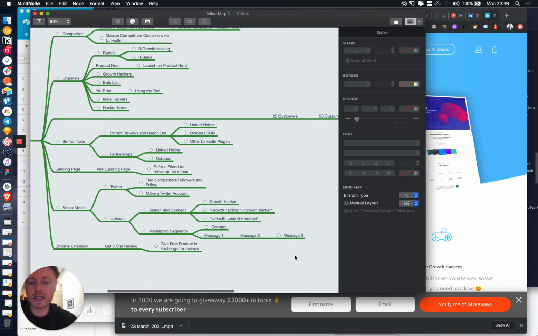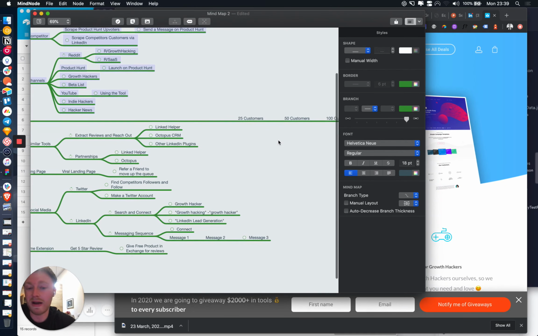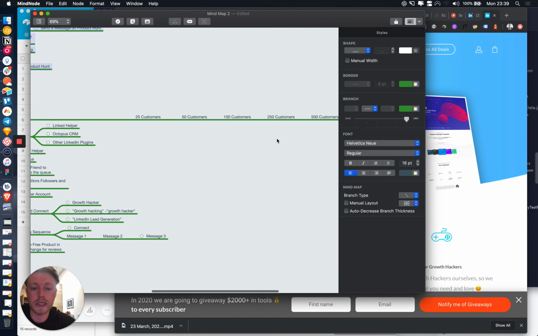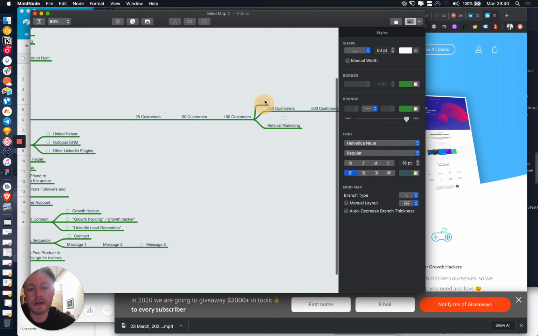So really, this is real MVP. We're just trying to get feedback from people and see if we can monetize it. I'm 100% confident that we can. But further down the line, I would look into referral marketing, as in trying to get people to invite their friends into the tool, and then maybe some lifetime deals.